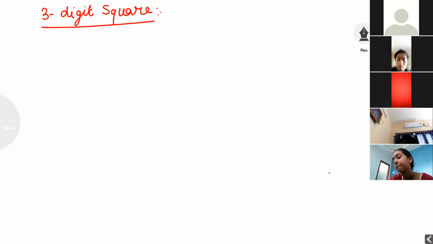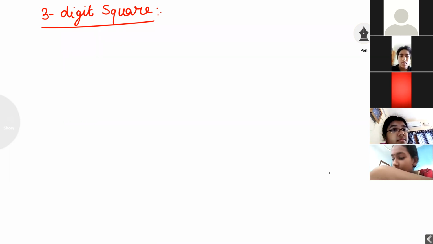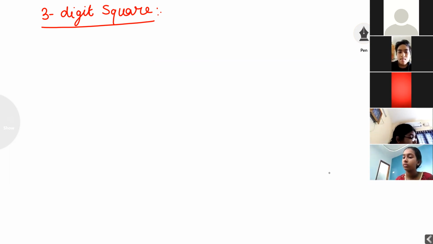Now, if I want to learn 3-digit squares, firstly I need to learn the squares of 1 to 20, each and every digit. Today I am giving homework to you students: learn the square of any digit from 1 to 20. Understood? If anyone asks, you should be able to say the answer on the spot. Now I am writing the first question, students, concentrate here.